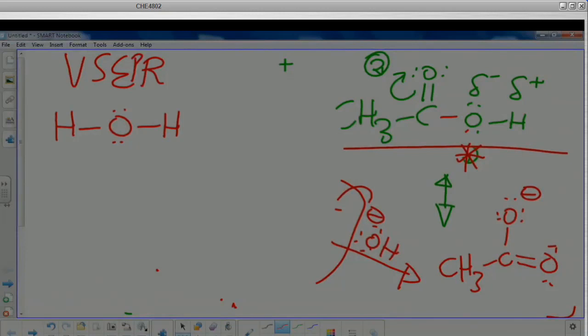This is not the structure of water. Why? This lone pair is in a lobe. This lone pair is in a lobe. And the non-bonding lobes are big. So there will be lone pairs. This is a bond pair, because when I say bond pair, I'm referring to these electrons, those electrons.